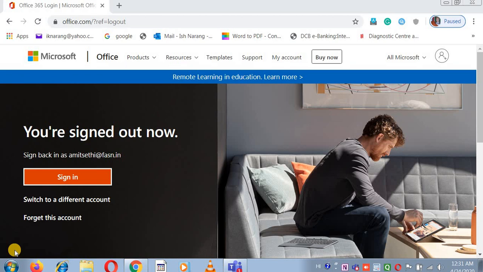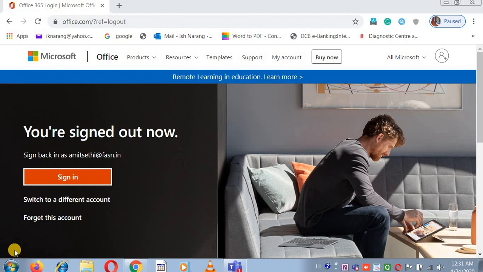There is a good feature over here where we can create an interactive and a good test for our students. For this, there are three stages. One stage is to create the form. The second stage is to do some settings, and the final stage is to share the link in Microsoft Teams. So let me start with the first one.